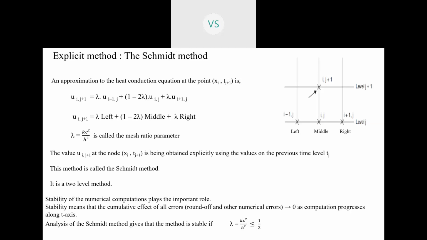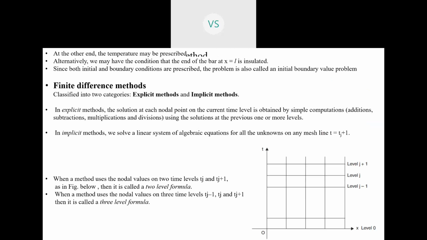Now we'll see what the explicit method is. There are two types of methods, implicit and explicit. First we'll study the explicit method. Like this you have seen, two types of methods are there that we are going to apply for parabolic equations. So in explicit methods we have seen that